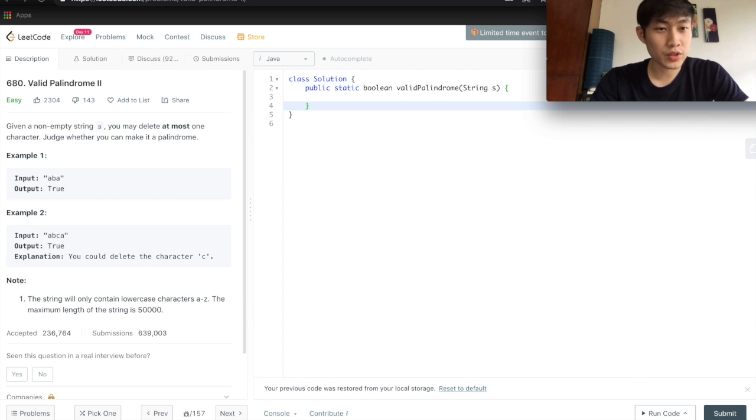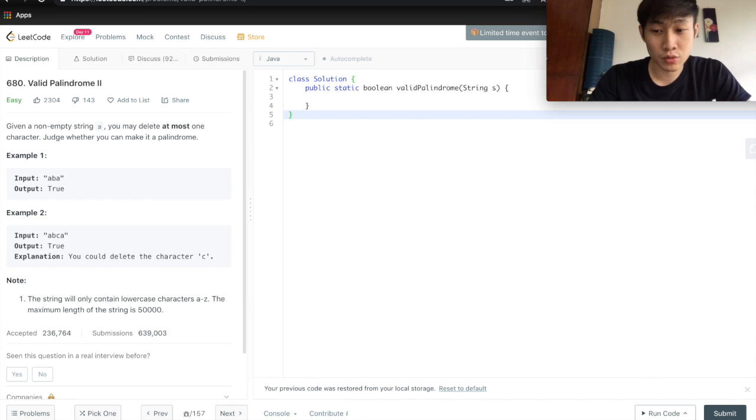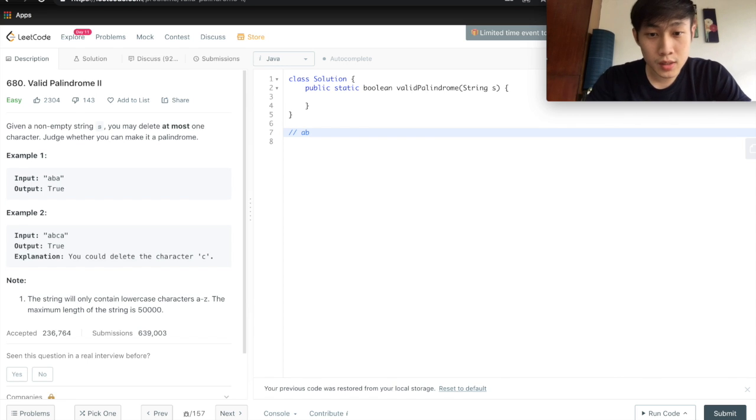So how can we approach this question? The first thing we need is a method to determine whether the input is a palindrome or not. This is very similar to the basic palindrome check. For example, if we have the input ABCBA, then the algorithm to determine if ABCBA is a palindrome is this: first, we need to have two